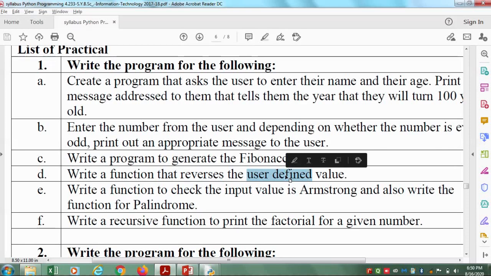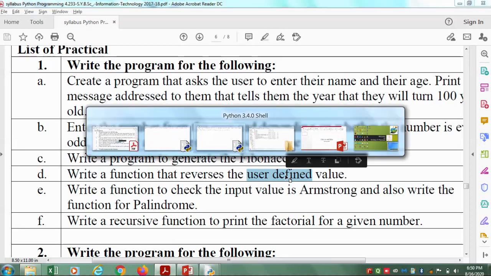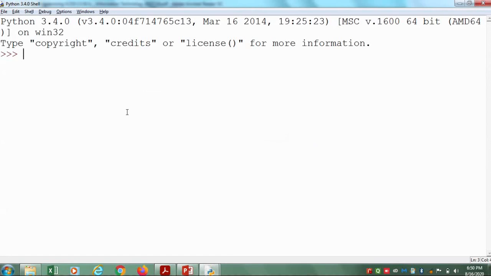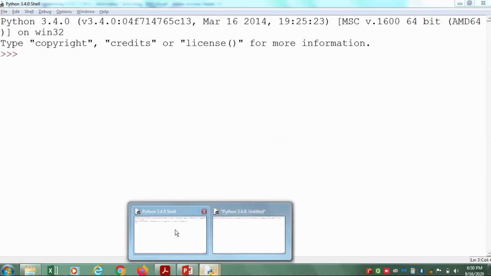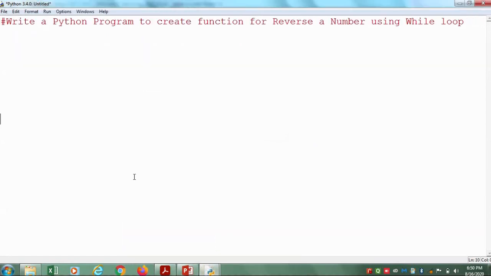So let's start. Open Python IDLE 3.4.0. In that we have to open a new file, not TextPad, for Python IDLE. The question is: write a Python program to create a function to reverse a number using a while loop. To create a function we use the statement def reverse_number():